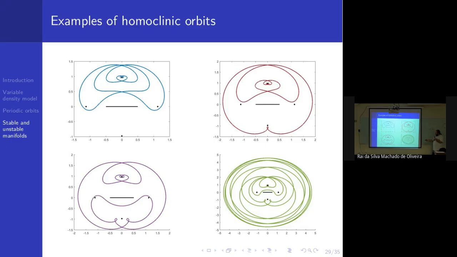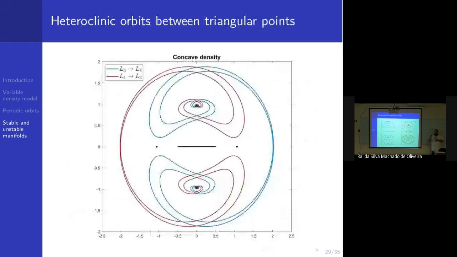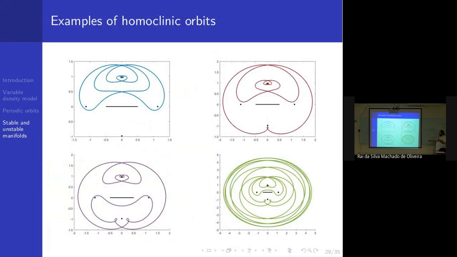But one thing to notice is that these two homoclinic orbits, for example, are very similar to each other, but they differ just a little bit, and yet the initial condition differs just a little bit, and yet you have completely different behavior. Okay, but still they have some common feature like this weird loop here, right? But they are completely different.